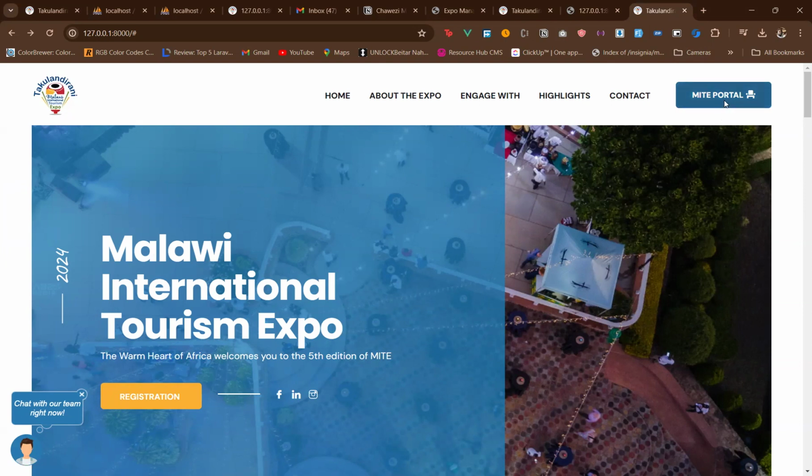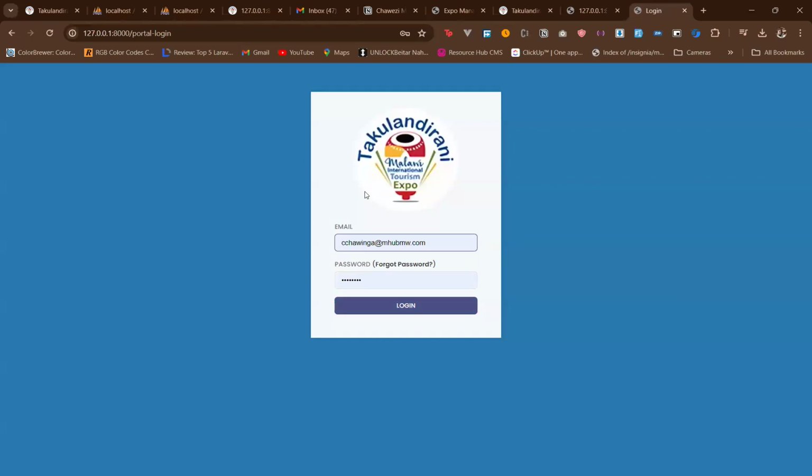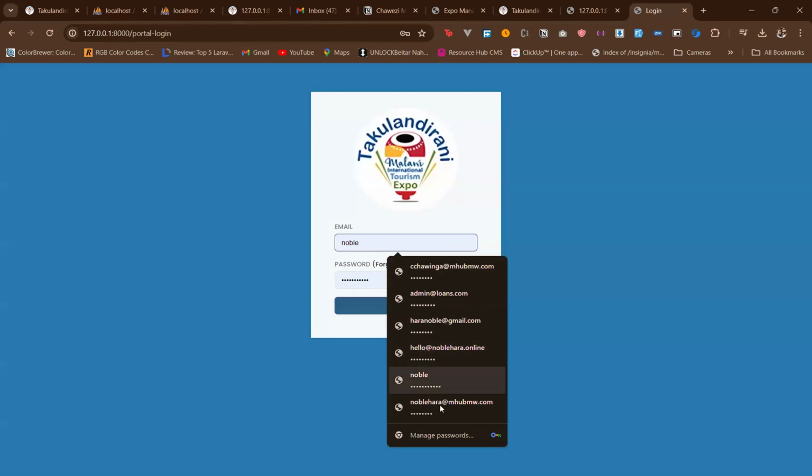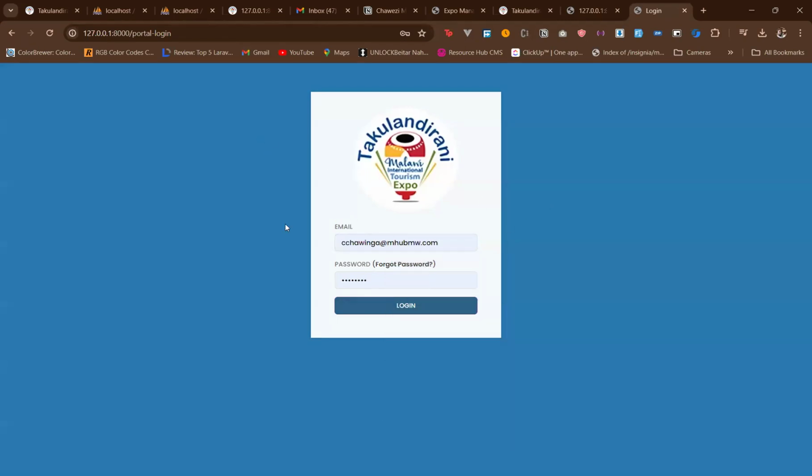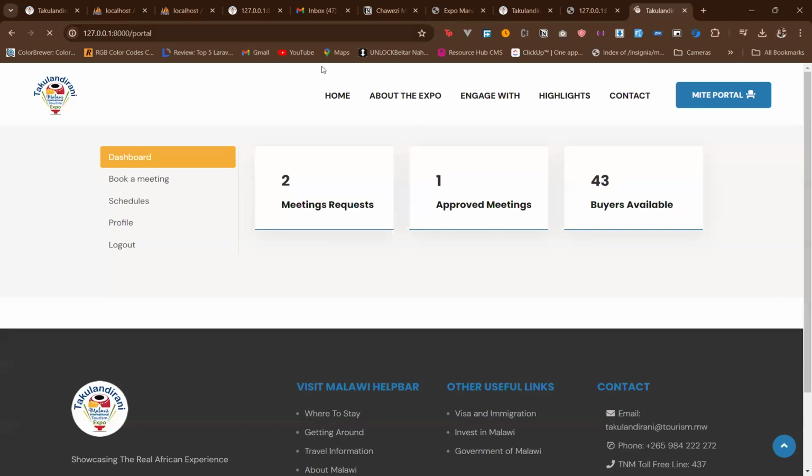So once you click the portal button, it will bring you to a login page. Now on that login page, you have your credentials, the hosted buyers as well. Those who you want to engage with also have credentials, and both sets of users will be able to log in. And once you log in,